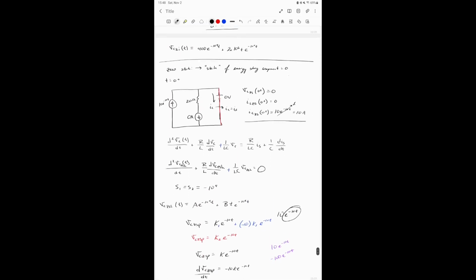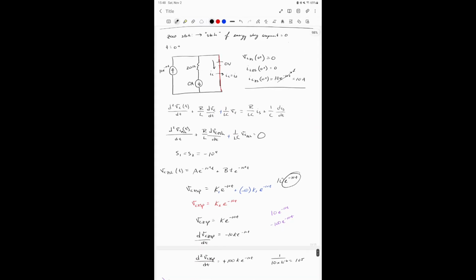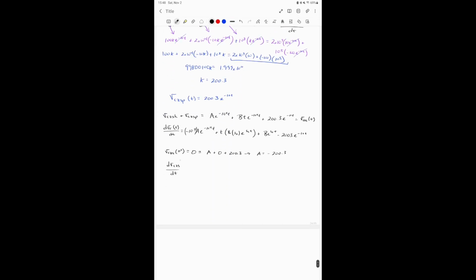All right, and then using our dVC zero-state over dt, which is going to be equal to, if we go back up to here, we want our IC over C. So we're getting 10 amps. Well, it's this whole thing, but it's 10 amps because we're plugging in 0. So let me put in the 0 plus. It is going to be equal to 10 amps divided by your C, which is 10 microfarads, which is going to be equal to negative 10 to the 4th times negative 200.3